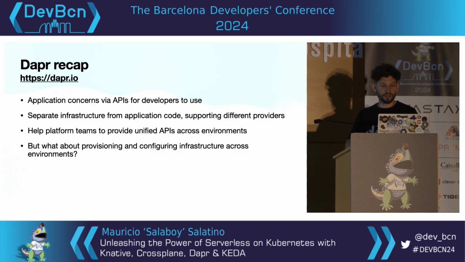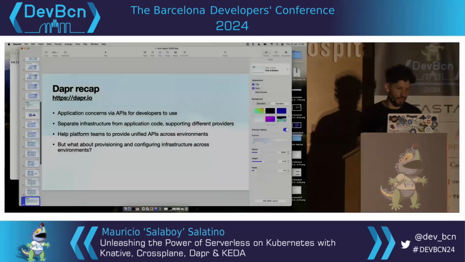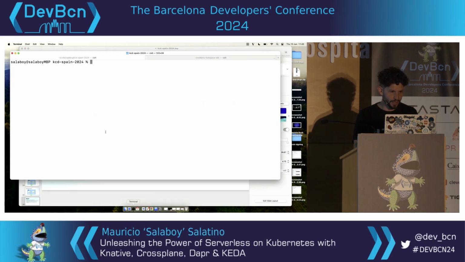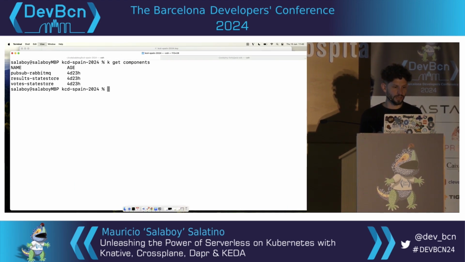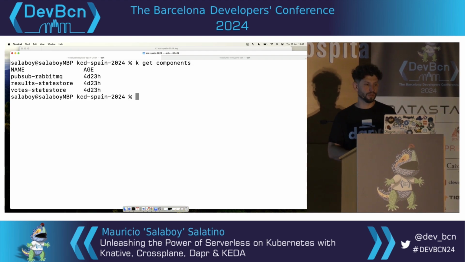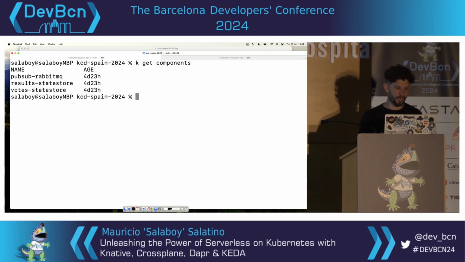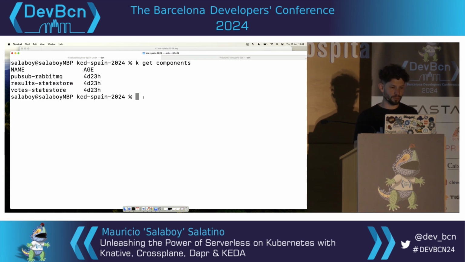This does separate the infrastructure from your application code, and I didn't show that, but if I go here to the application, I can list all the Dapr components. It's another Kubernetes resource, components, that is defined there. I mentioned before that I'm using Redis, PostgreSQL, and RabbitMQ. So I have two what are called state stores configured to connect to PostgreSQL and to Redis.